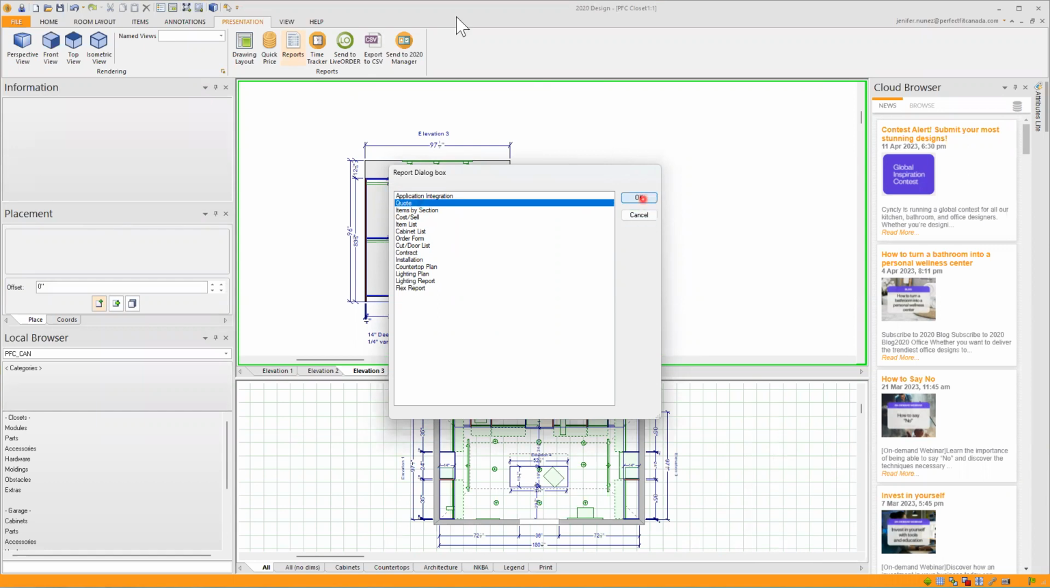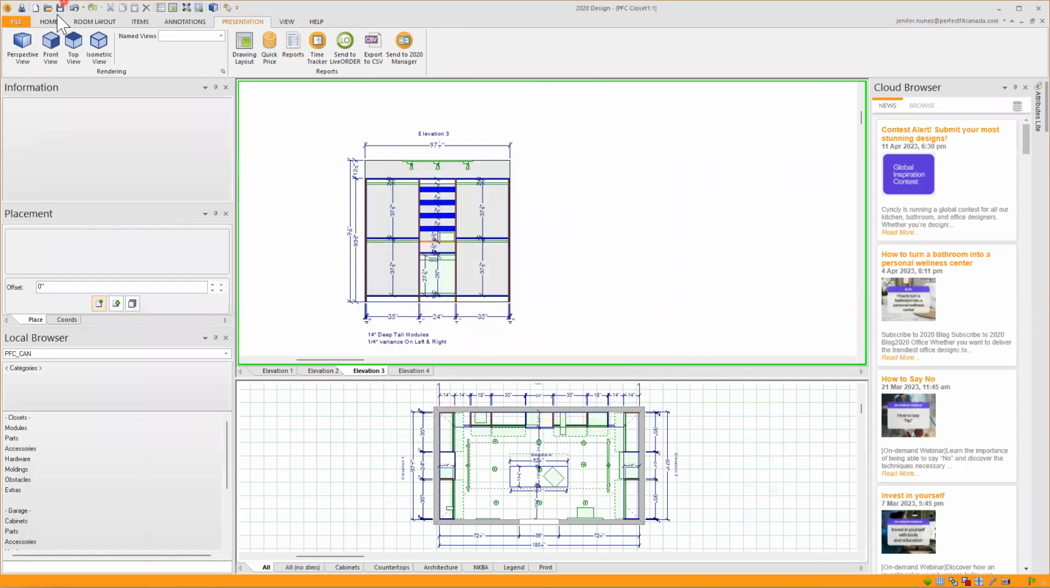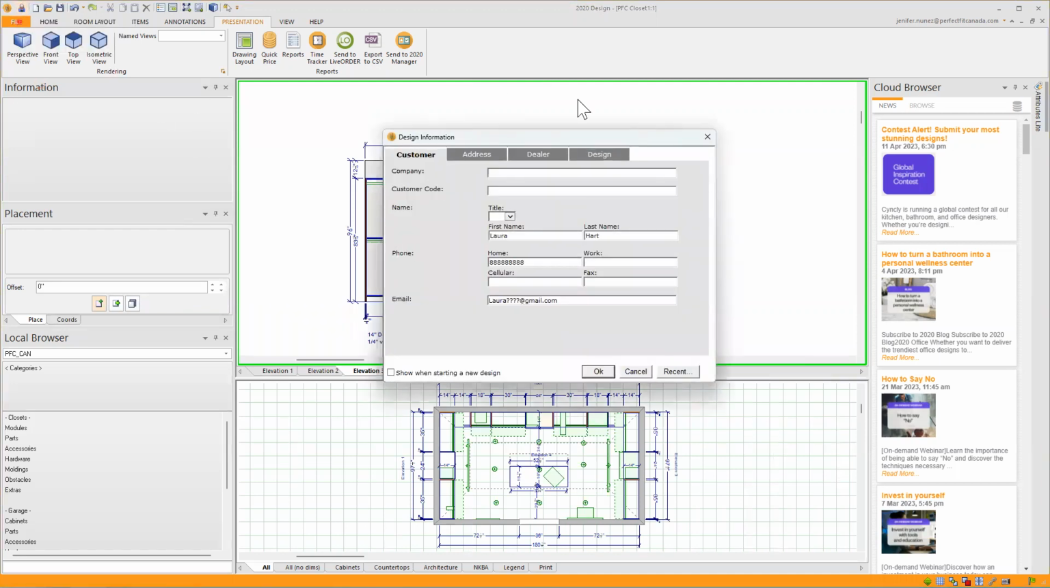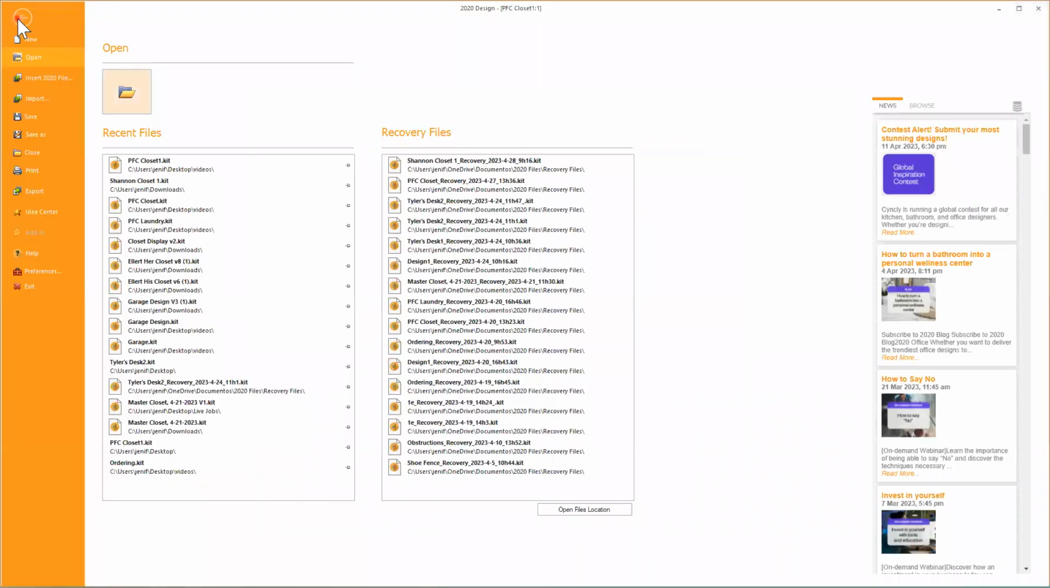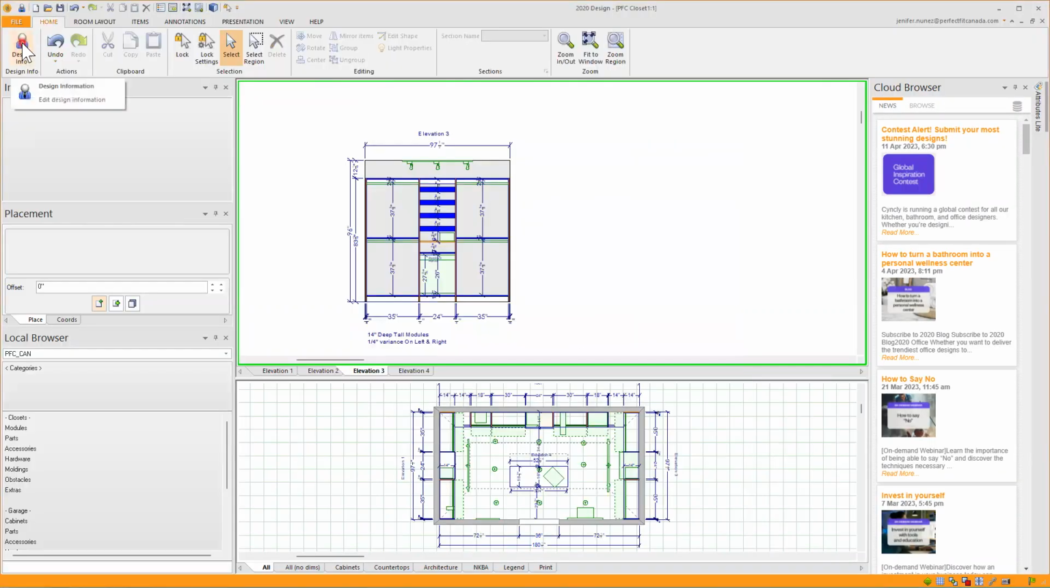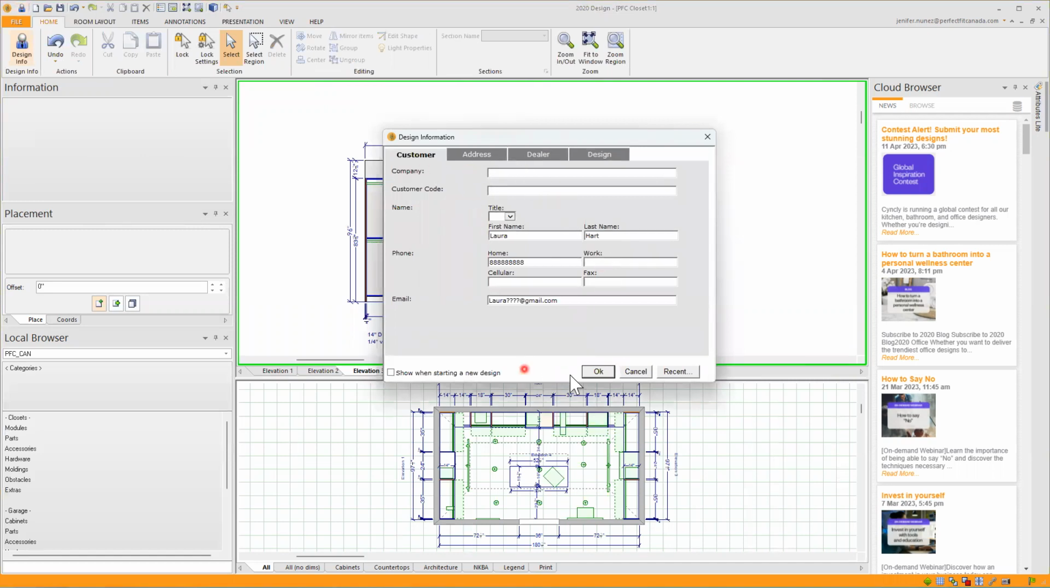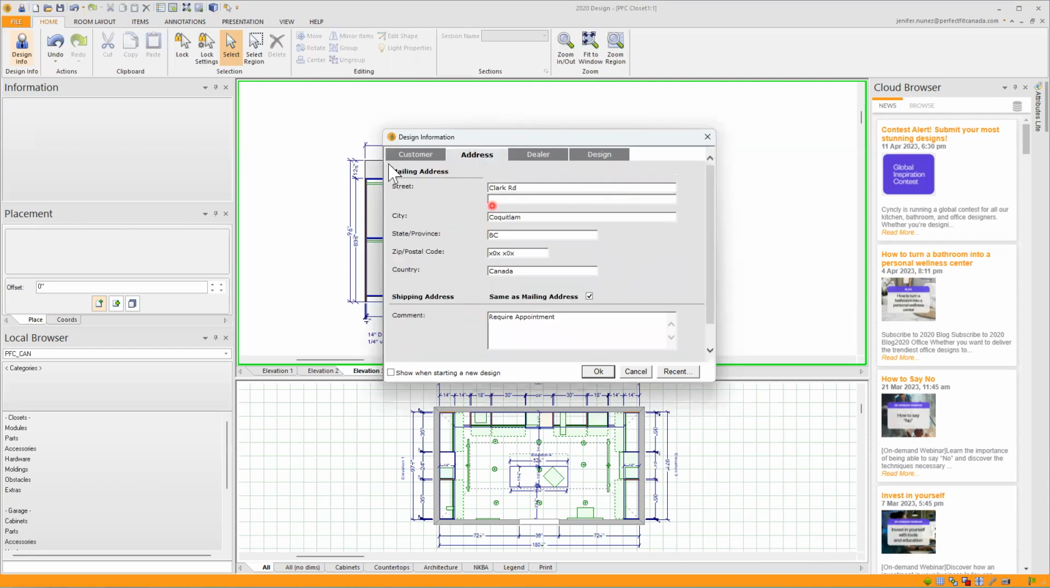But before I do that, I want to make sure I have all my design information filled out. So underneath home, design information, I'm able to fill out all my customer, address, dealer, and design info in there. So I already have the name of my customer, phone number, email. If it's personal, if it's a company, I just fill out the name of the company in there, the mailing address,